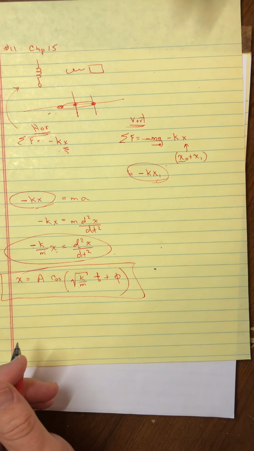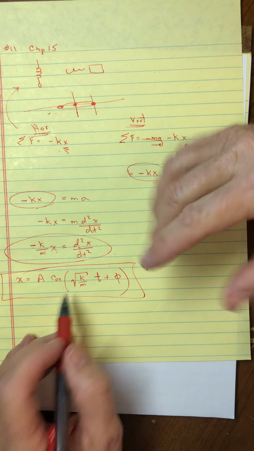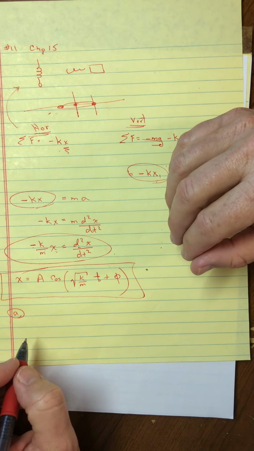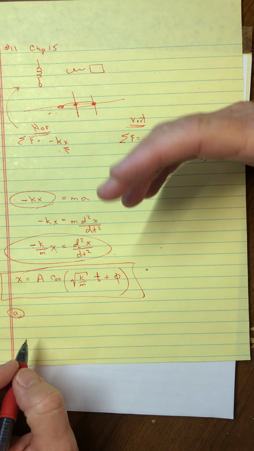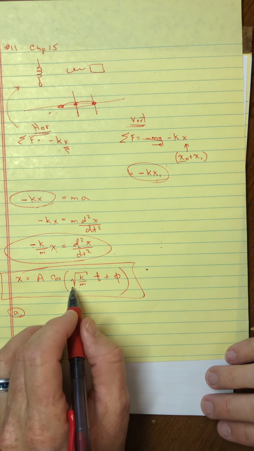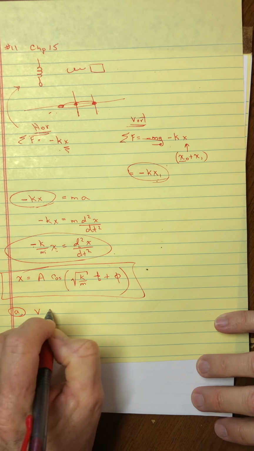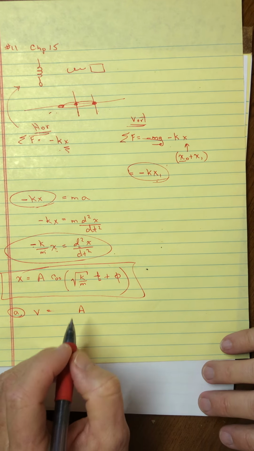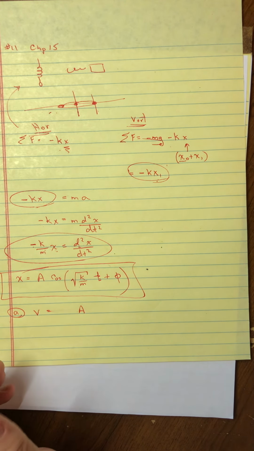But anyways, knowing that this would then be the solution, we can actually answer, I think, the easier of the questions. A, what is the maximum value of the speed and the acceleration? Because when you take the derivative of this, so velocity, you would get the amplitude. And when you take a derivative of a cosine,